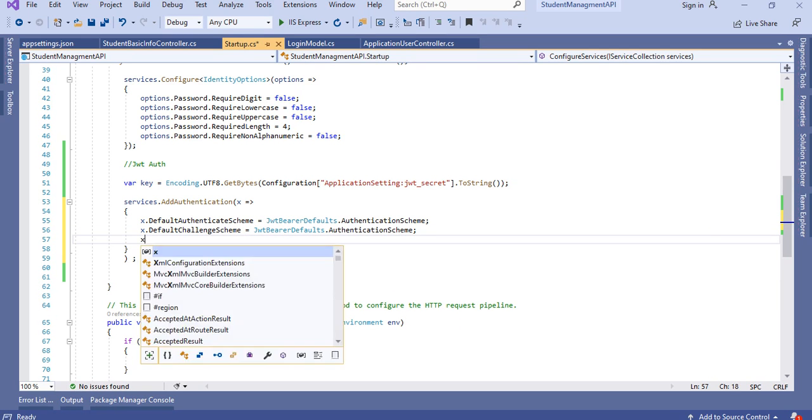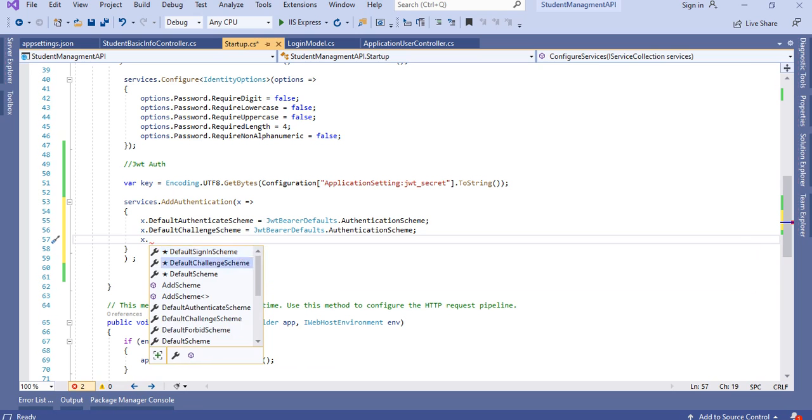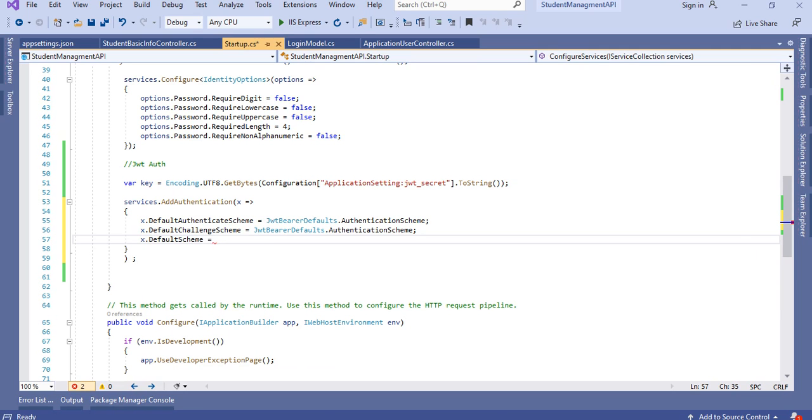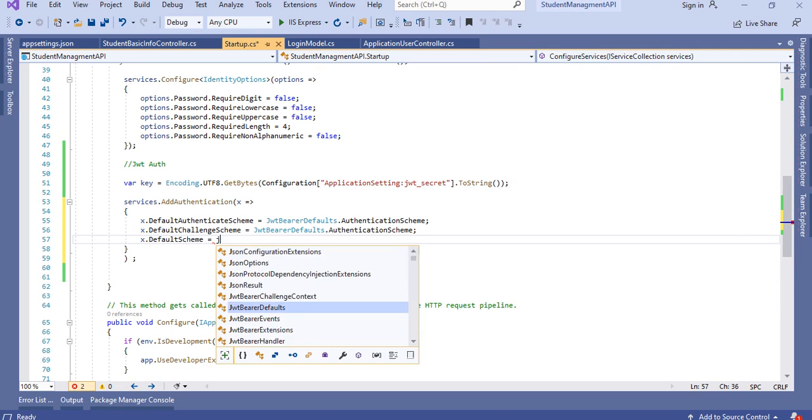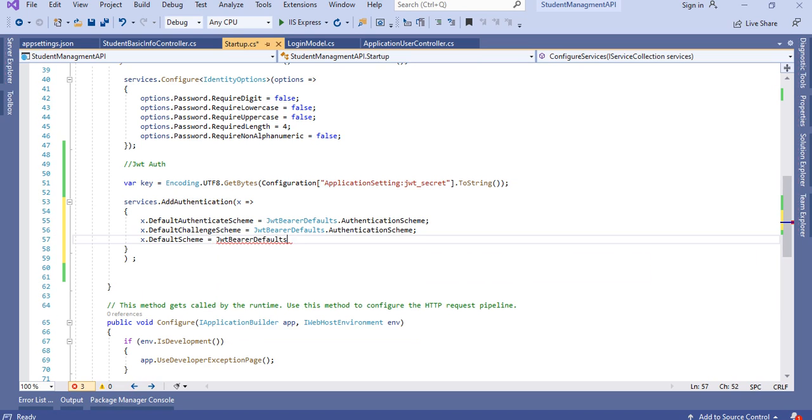And after that we have to add x dot DefaultScheme, and that we have to give from JWT Bearer defaults dot authentication scheme. So this we have to register, and after that what we have to do,